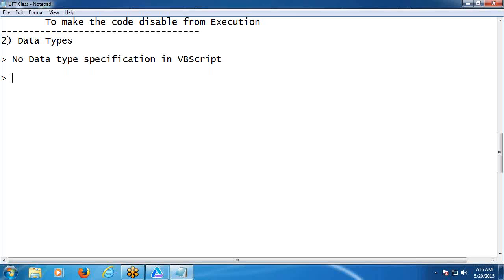Next, in VBScript the only data type is variant. It varies. Variant can hold any type of data. For example, dim A. What is the A variable? A is variant. It can hold any type of data. Then how does VBScript consider data? Based on usage of the data. Suppose you enter A equal to 100, then VBScript considers integer type data. Suppose you enter A equal to 1.234, then VBScript considers double type data. Suppose you enter A equal to ABCD within double quotes, then VBScript considers